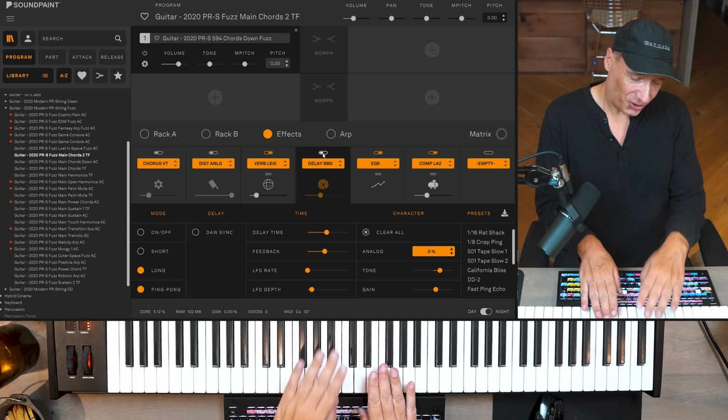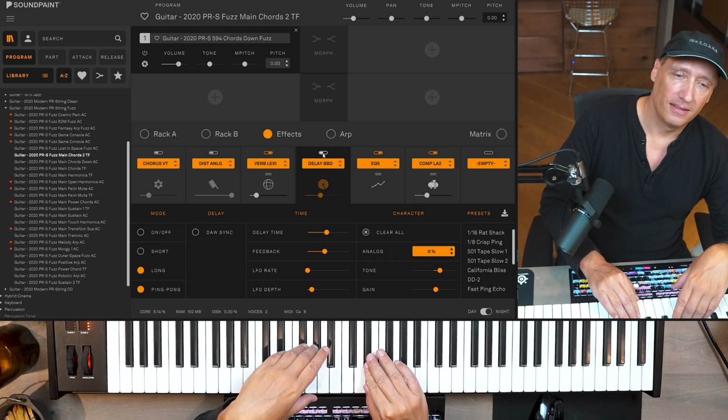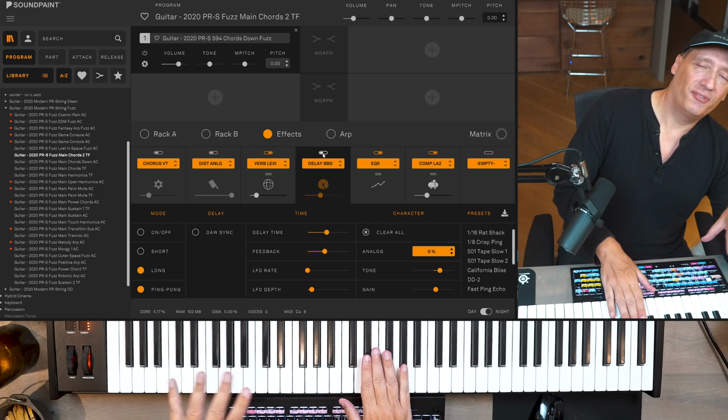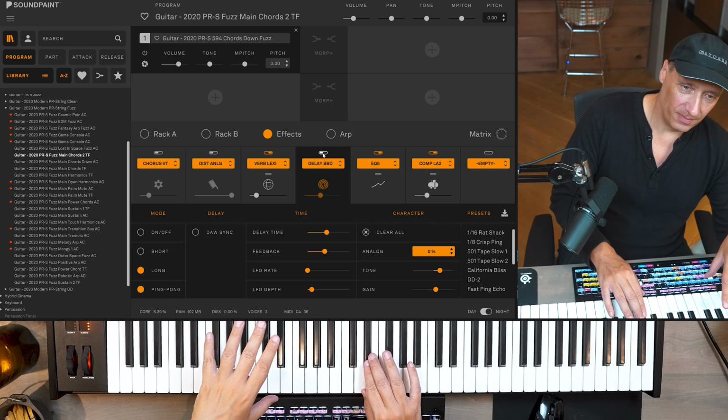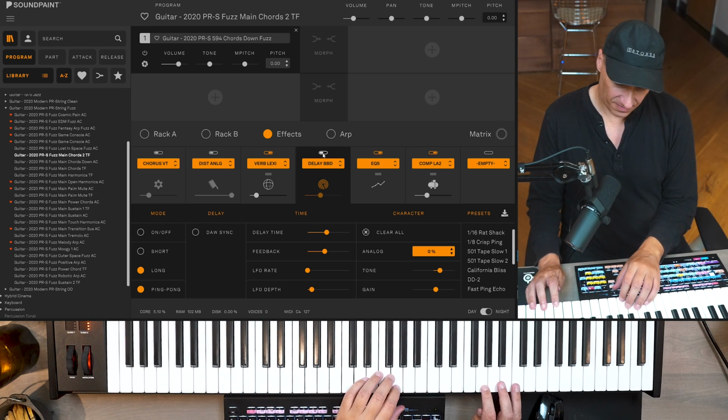And it feels so good because we have velocity morphing also for distortion, so you can go like... So you have all the different velocities of distortion. And it's just...